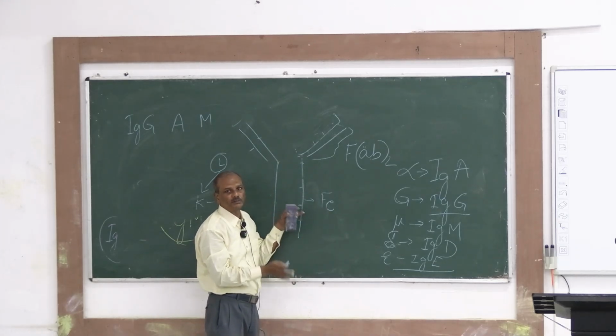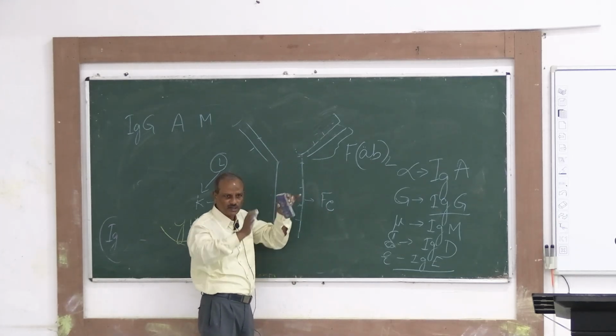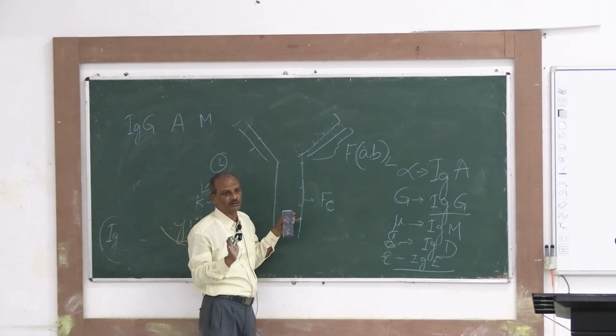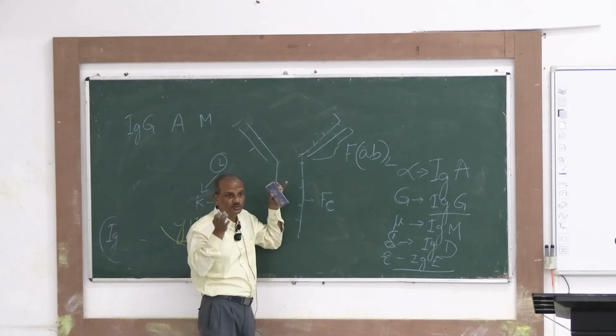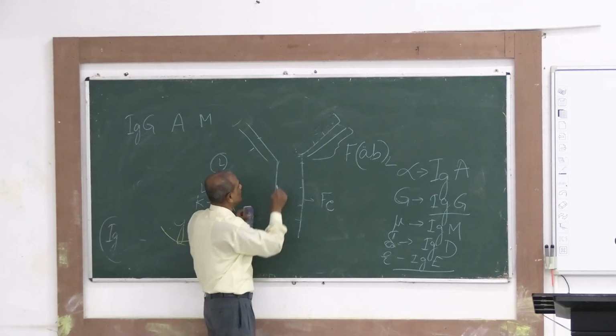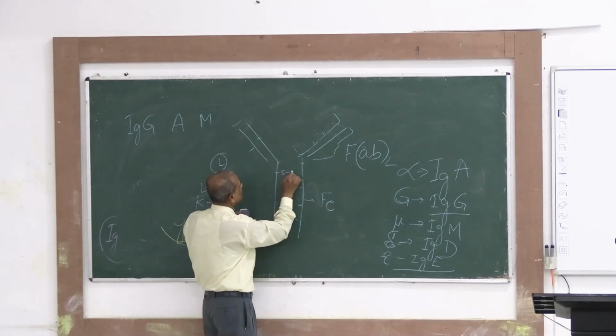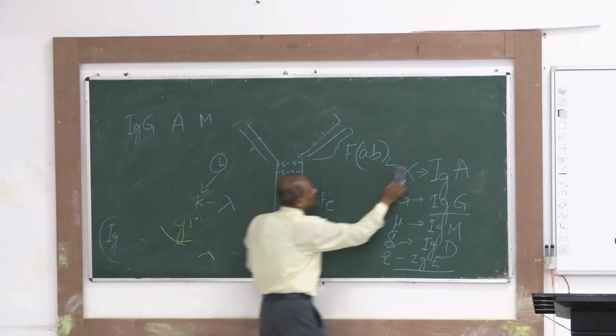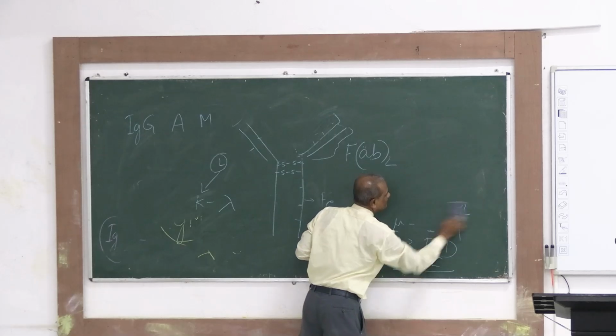Why is it called crystallizable? Because the structure of many proteins is determined by X-ray crystallography, so that protein needs to be crystallized. So this part is crystallizable. Now there are two disulfide bonds here. The important part is here,